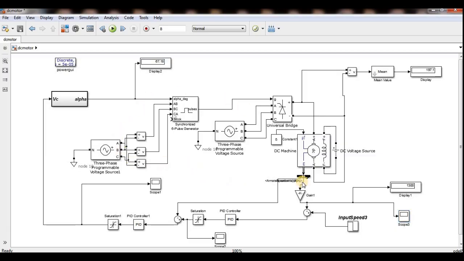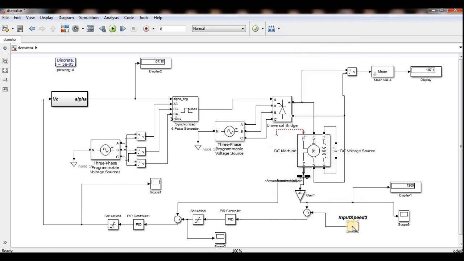See, this is a simple speed controller, and this is more efficient compared to my previous video. In my previous video I explained with a single phase rectifier, and there I took only the speed controller. I am not considering any armature regulation. But here I can do the armature regulation also, because if I want to change the torque, let me check.